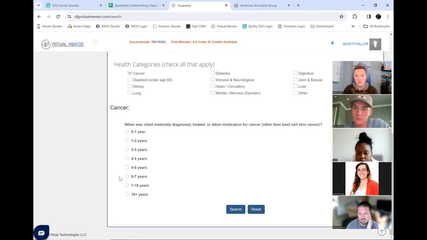But what I love about what Virtual Mentor does, if you go in here and click cancer, what is it asking me? When was it medically diagnosed, treated, or taken medication for? So I want to know, when was their last diagnosis? When was their last medication? And see, it's 0 to 1, 1 to 2, 2 to 3. See how specific that time is? That is why we want to know exactly,